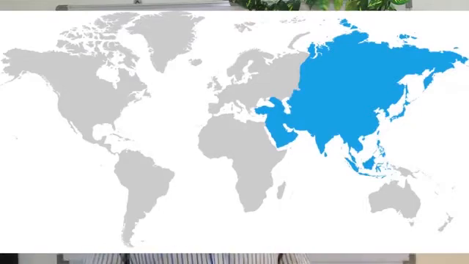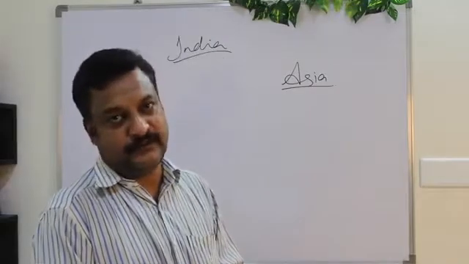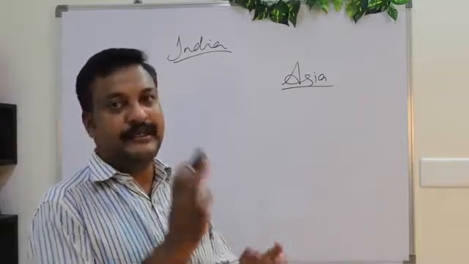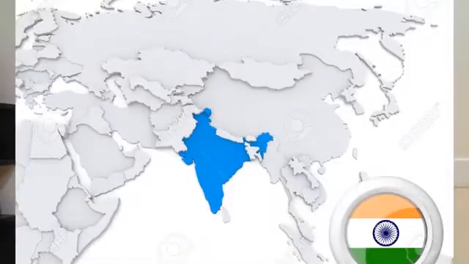So look at the map here. It's a world map, and you can see Asia in a different color over there. So this colored portion of the Earth's continent is the Asian continent, right? And India is located in this continent, right? I will show you another map of Asian continent in which you can locate India. See, this is the map of Asia, and you can see India is marked there,